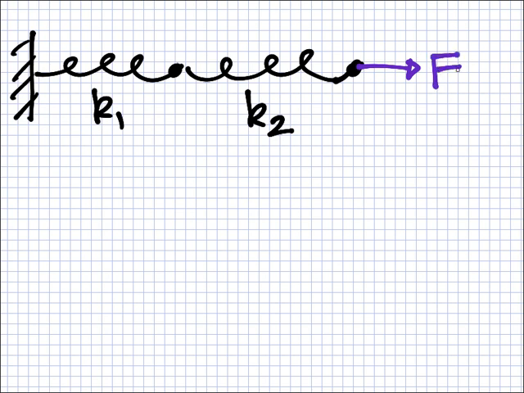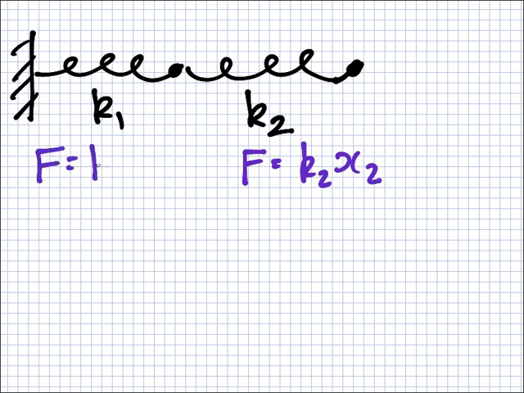We put an F here. So that means the F here has to be the same. And the F here has to be the same. All the F's have to be the same. Okay. So here you have F equals K2 times the extension x2, and here you have F equals K1